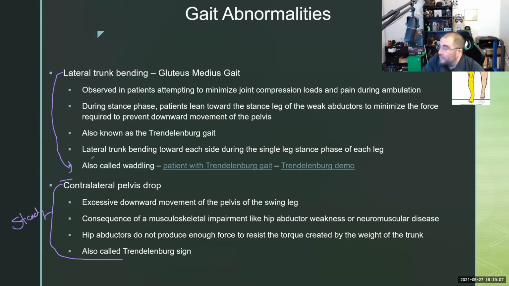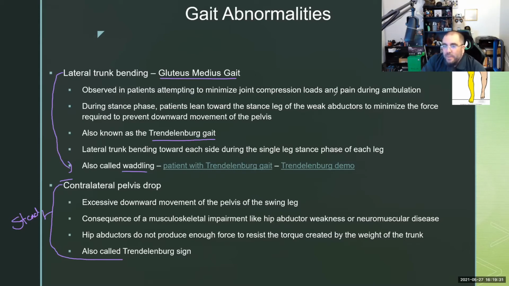Whereas when it's, what's that? Oh, I'm sorry. Did you say Gluteus Medius gait is also Trendelenburg? Is also Trendelenburg gait. Okay. Yes. Or waddling is the other term for it. Right? The Penguin is an excellent example from the Batman series, right? Waddling gait. Anyway, I watched too many movies or cartoons, I guess.